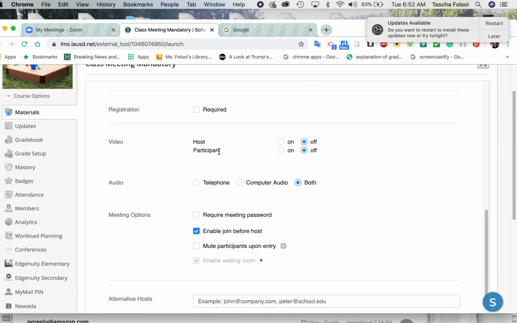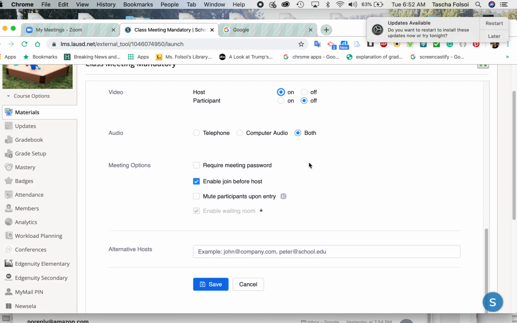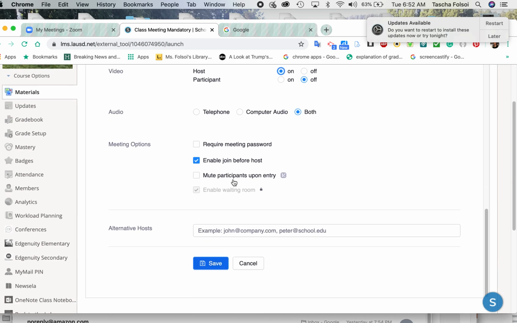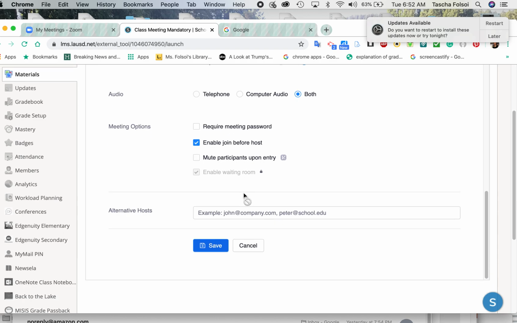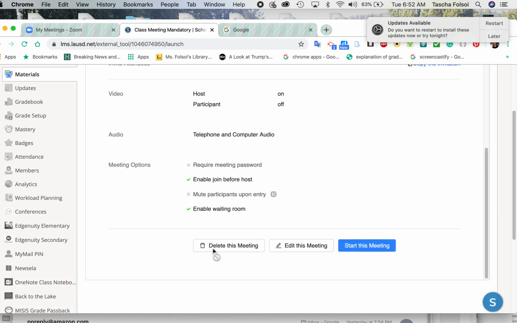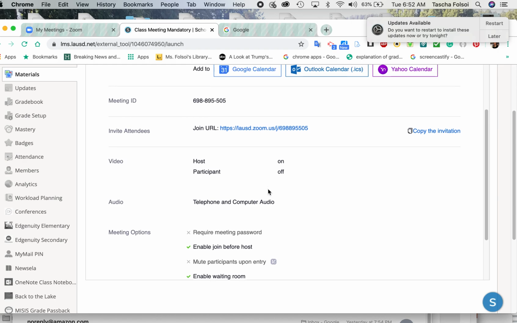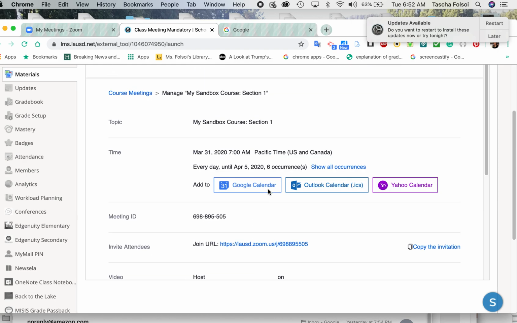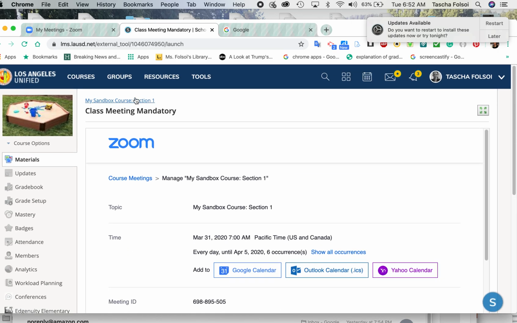The video is going to be, I can have it on for me if I want. If I do want to tape it, then I should keep the participant off so that I don't have their faces in it or anything like that. Don't need to require a password. And if you want to mute participants upon entry, so you can set up any parameters or ground rules that you want, and then you just press save. And if somebody was not able to participate, they'd still have it. Okay, so then we're going to go back to that course,